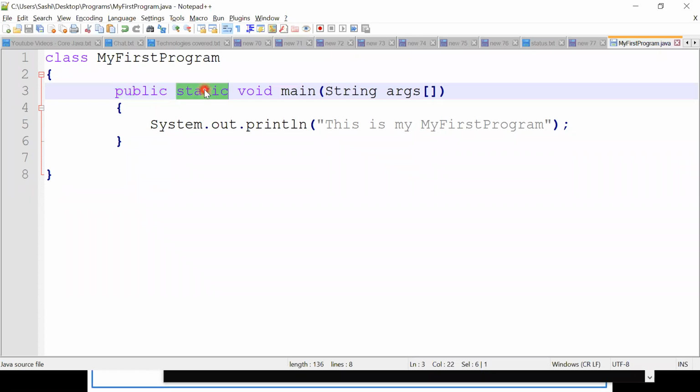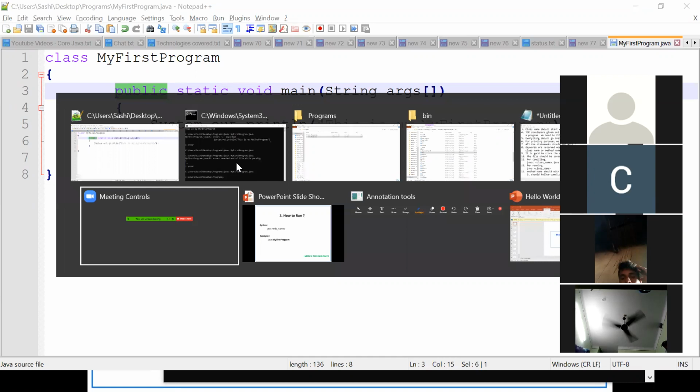Static again is a separate topic. For teaching this, I need 3 to 4 hours completely. Void is a return type. So we will go very high level. Then each and every topic, when we are seeing in our future session, we will go very deeper, right? So what is public first?